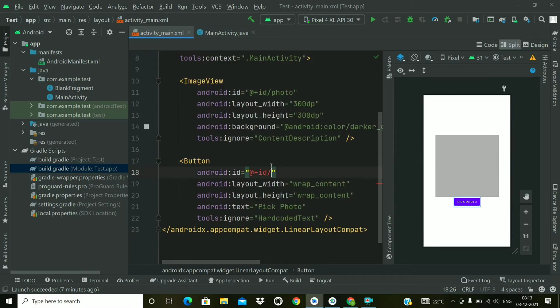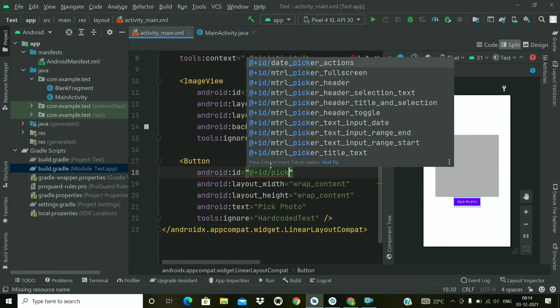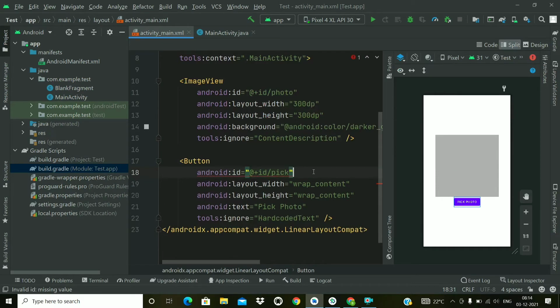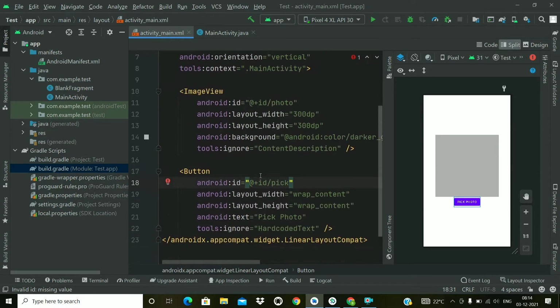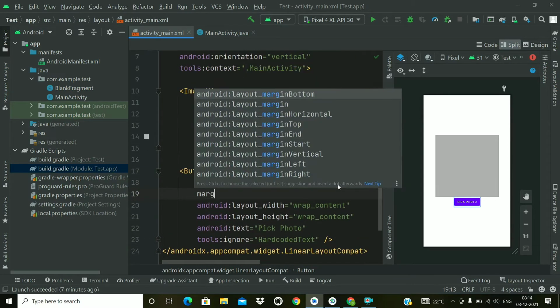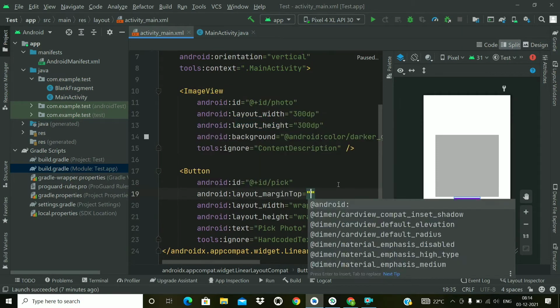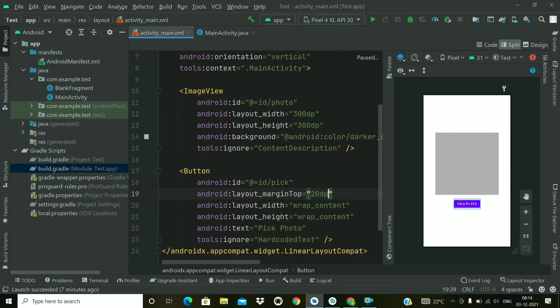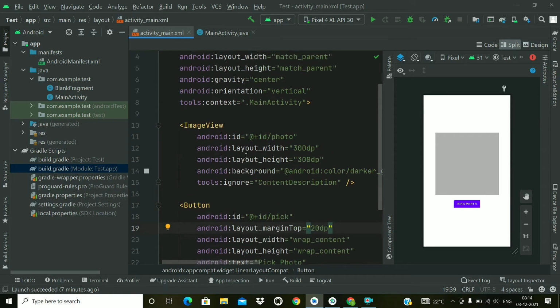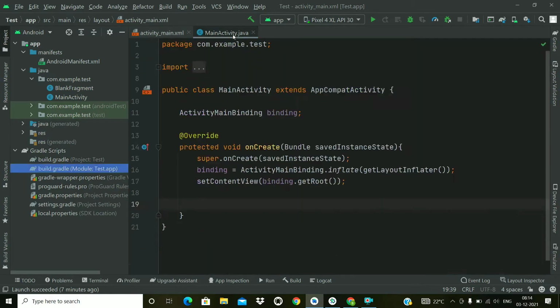Now give an ID to this button, I'm giving it pick. So our layout is complete. Just add some margin from the top of the button, so margin top of 20 dp. So that's it. Now let's move to the Java code.